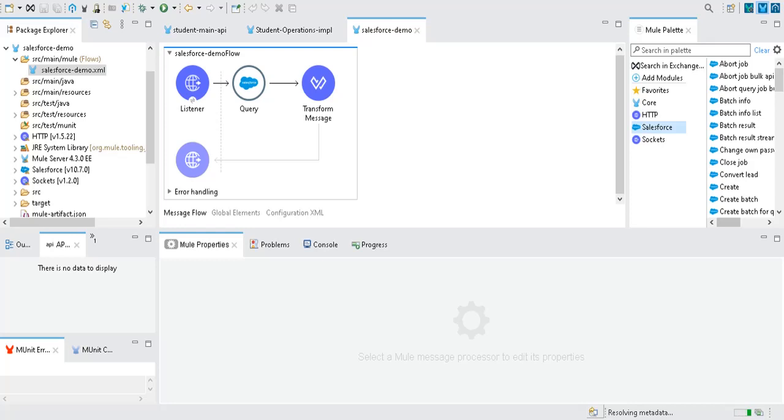In this video, we will see how we can create a new record in a Salesforce account by using the MuleSoft Salesforce Connector. But before this, you need to configure the Salesforce connector and create an account in a Salesforce developer account. All these steps we have already discussed and shown in our previous videos. I'll provide the link in the suggestion box at the top of my video as well as in the description box, or you can check our playlist. If you first go through those videos, then you will understand how to create a record in Salesforce.